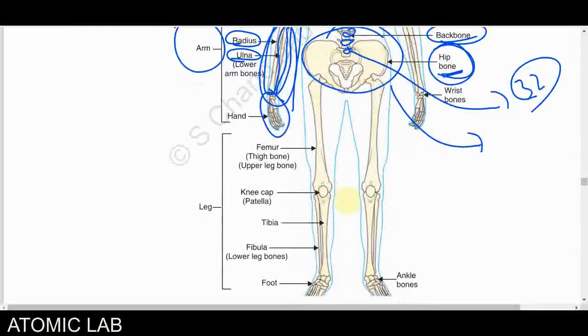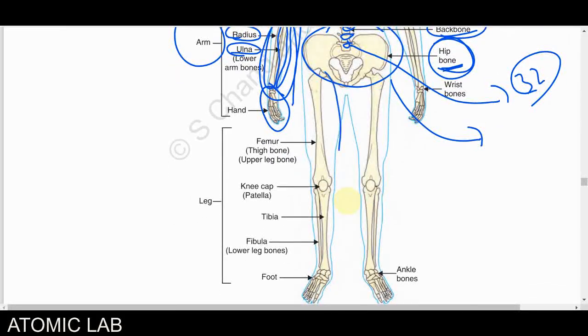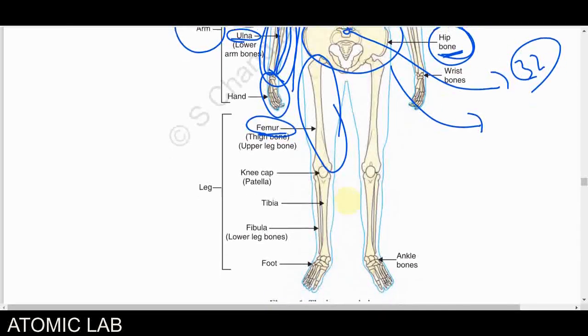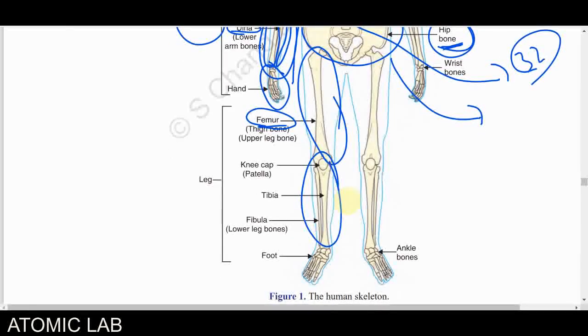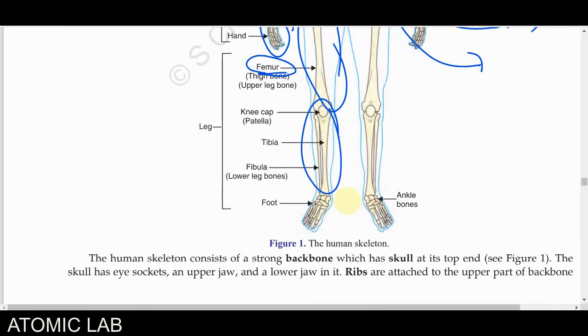Now you will see in our legs, this is the upper leg, that is also made of a single thick bone, and this is known as the femur. And the lower leg is generally made of two bones, one very thick bone, and this thick bone is known as the tibia, and the other bone is, I think, very thin, and that is known as the fibula. So I think you got the meaning. The lower leg generally consists of two bones, in the same manner.